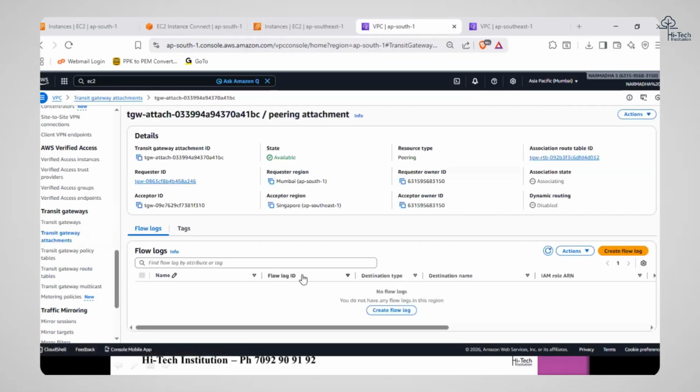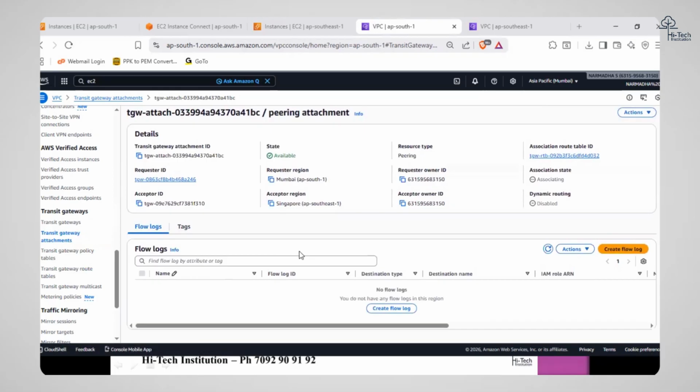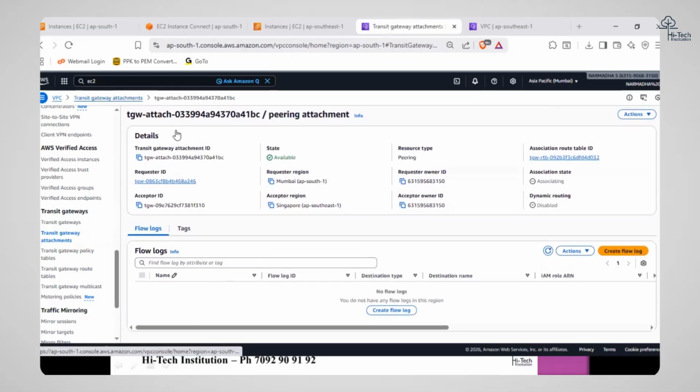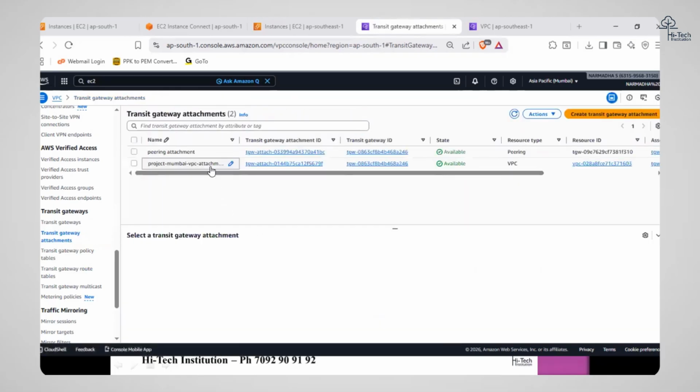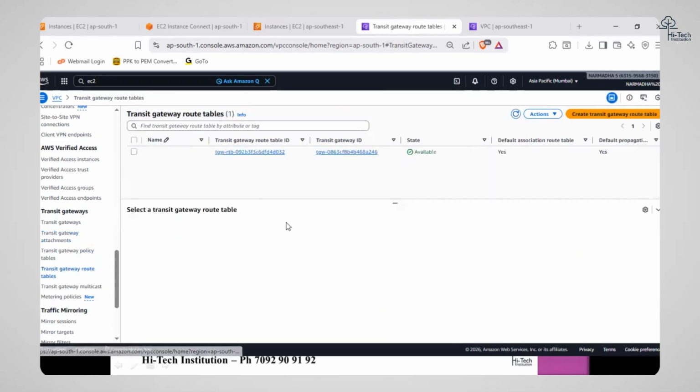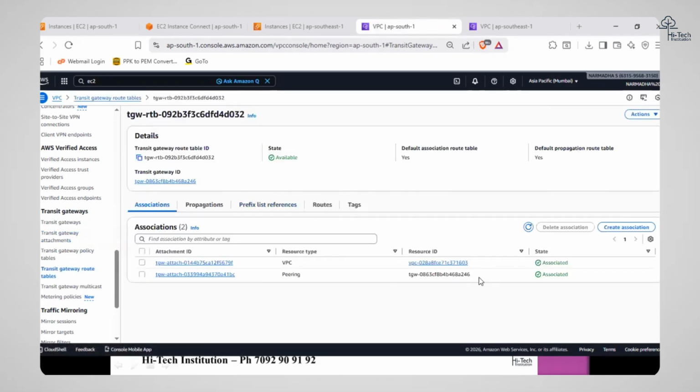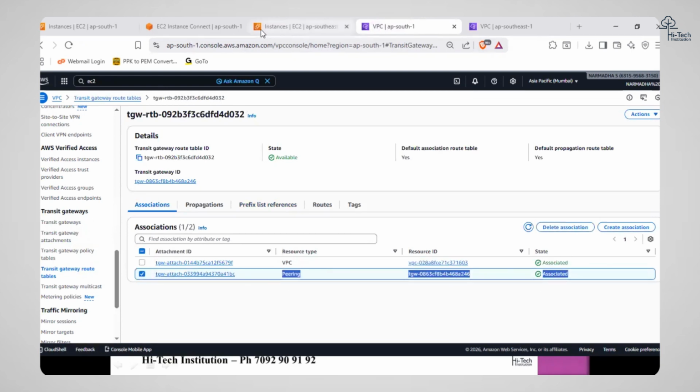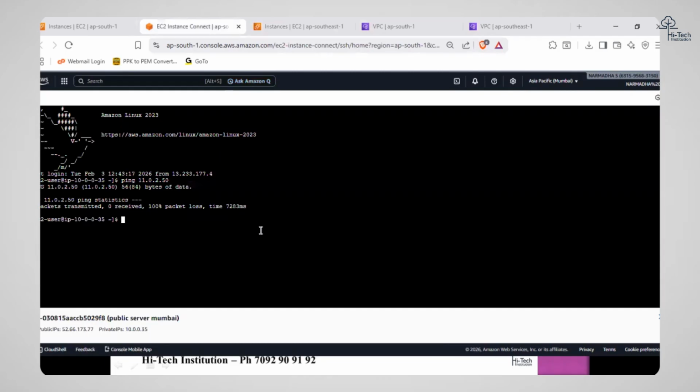Meantime, I'll go inside. Okay, looks perfect. I could see the association has been done. So what I will do now, I'll go inside this particular ping. It should work.